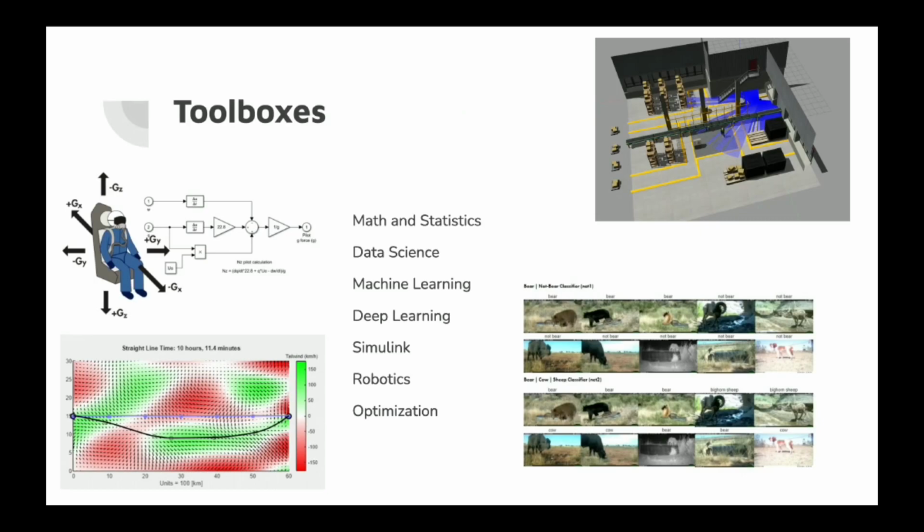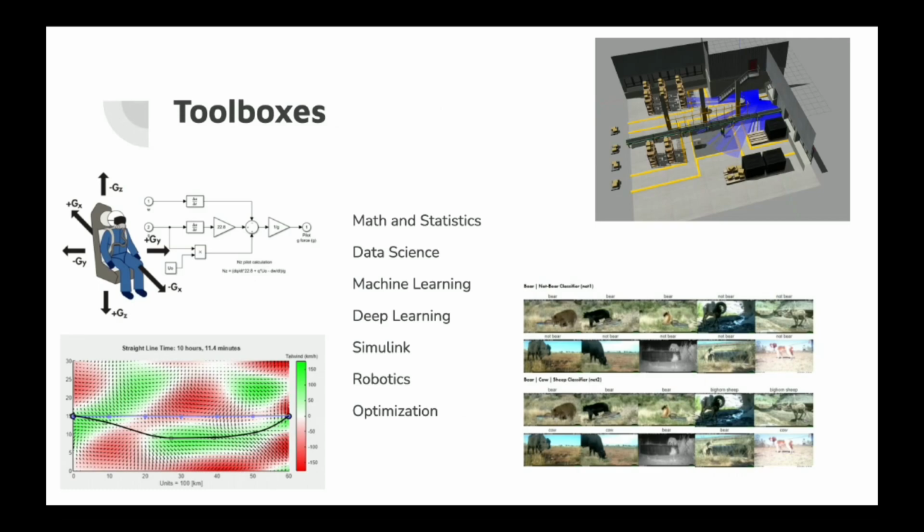So it has all these toolboxes. This is what they call their libraries, and I believe they sell them as separate products, but I think we have access to all of it at UAlbany. So these are the types of things that are in the toolboxes. Toolboxes for math and statistics, for data science, machine learning and deep learning, Simulink, which is those simulation models which I mentioned,